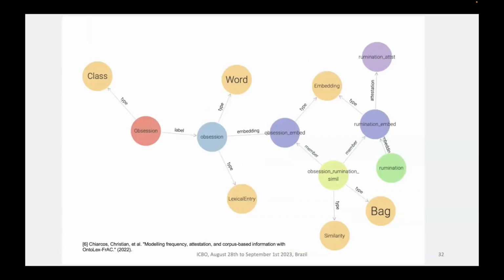Here is an example. The obsession is represented using the FrAG model. Obsession has a similarity term in the green circle, rumination. These two terms have embeddings and are members of the obsession-rumination similarity, which is a type of bag, and similarity, which allows us to represent the cosine similarity score between obsession and rumination from a pre-trained model.